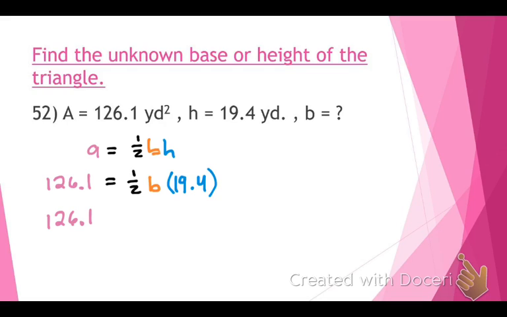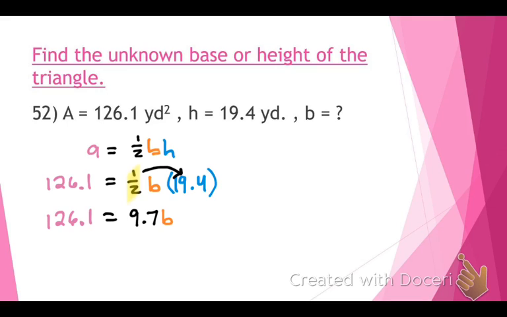Is there anything that I can do on the right-hand side? Yes. What can I do? Multiply 19.4 times 1/2. Okay, so I can take this and multiply it by the other number that's there. What's half of 19.4? 9.7. All right, 9.7. And then what do I do with that B? You drop it down. Just drop it down. What is not allowing that B to be alone? Multiply